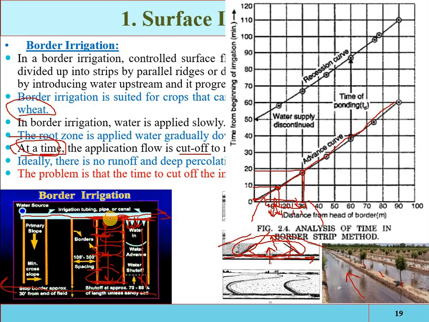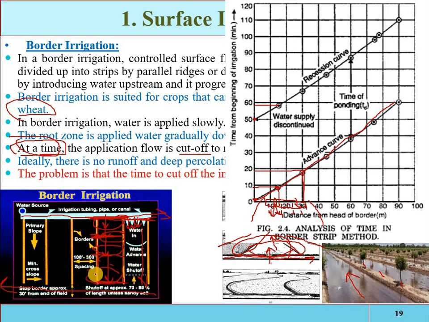See, the time from the start of the inflow of the water up to the disappearance of the water from the surface. At the first point, at the start of the border, for example, after 50 minutes the water has disappeared from the surface. So the first point was at 0 distance, and the water disappeared after 50 minutes. Now at the second point which you have marked, when the water disappears from this point, plot its time period. For example, the water disappears after 59 minutes.